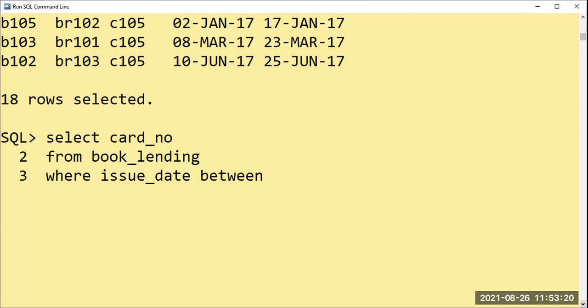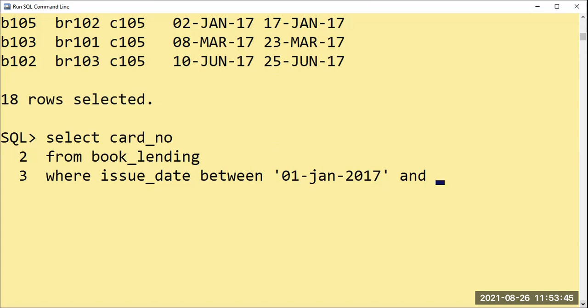Now we are using the date, so when you are using the date, you have to use single quote. I will say 1st Jan 2017 and, you have to tell from which period to which period here. You should not say to, it should be and.